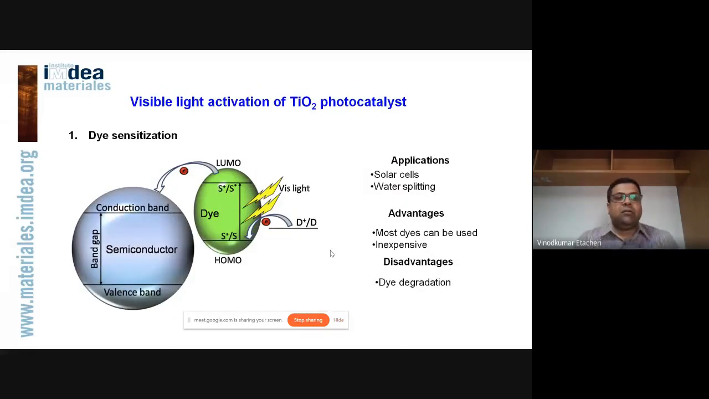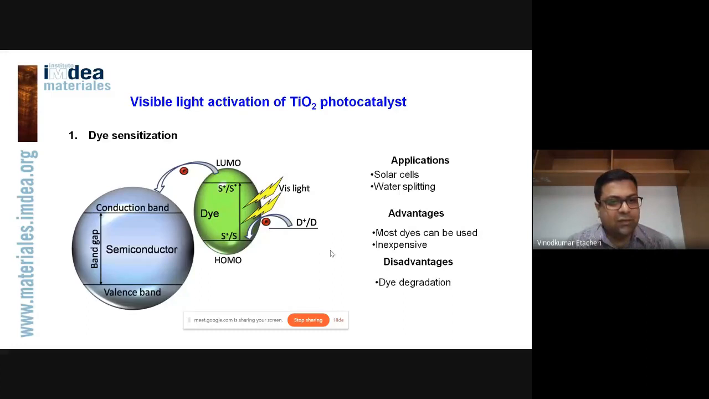Let's see the different strategies. So next, I will be discussing various strategies used for activating TiO2 catalysis in visible light. So the first one is dye sensitization. This is one of the most widely used and one of the earliest implemented methods to activate